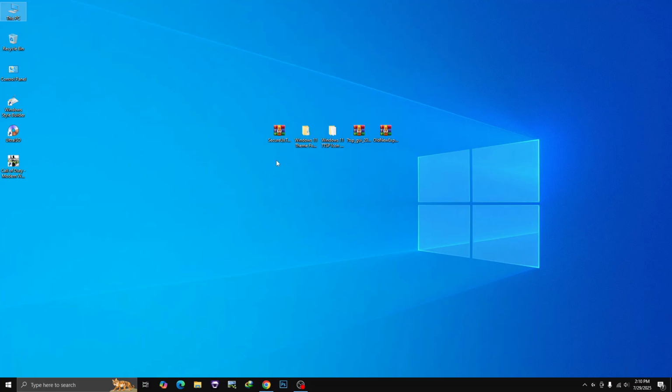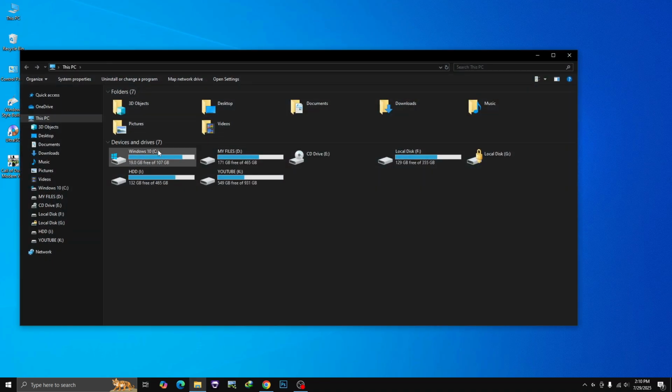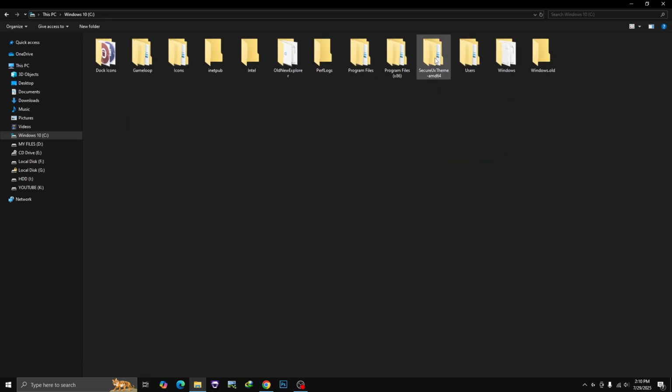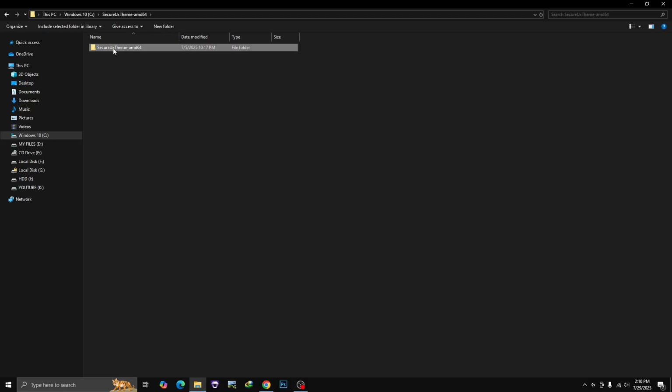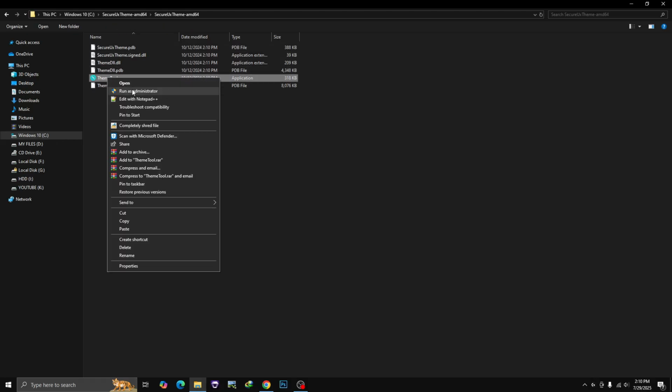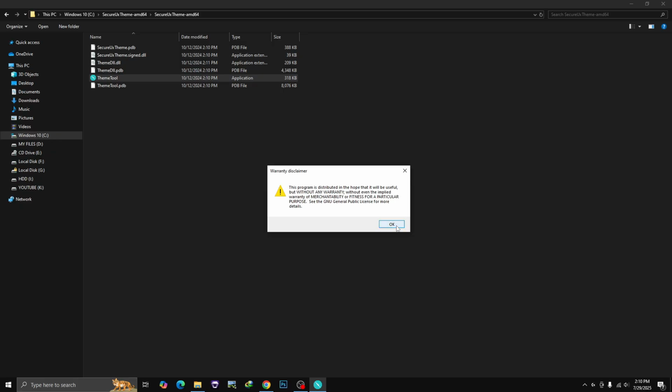Now we need to install this software called SecureX theme tool. Just right click on it and then unzip this file, then cut this file into C drive. So I already did it, and then go to SecureX theme folder and then SecureX theme folder again, and here you can see this theme tool. Just right click on it and then click on run as administrator and then click on yes and then click on OK,